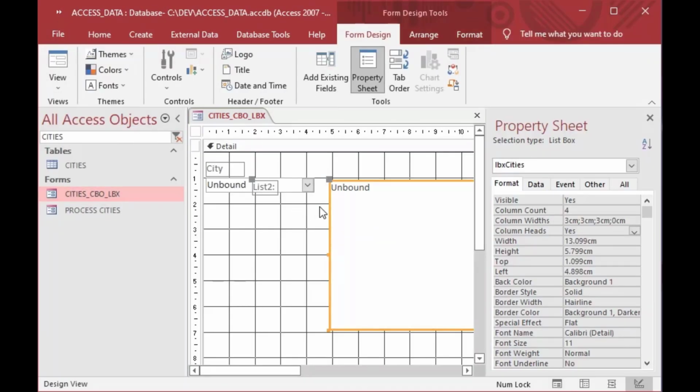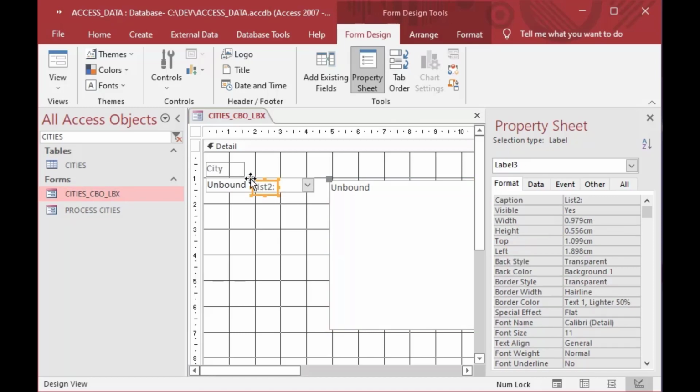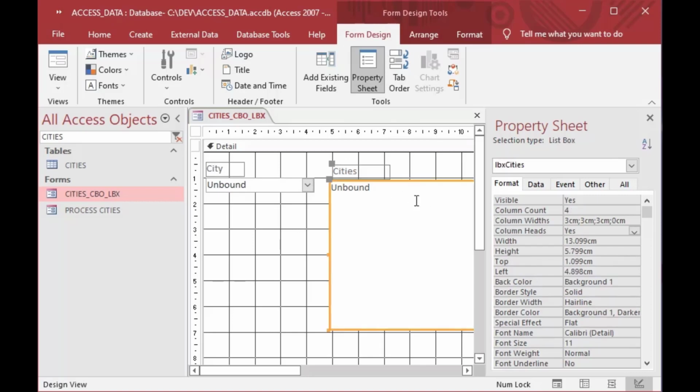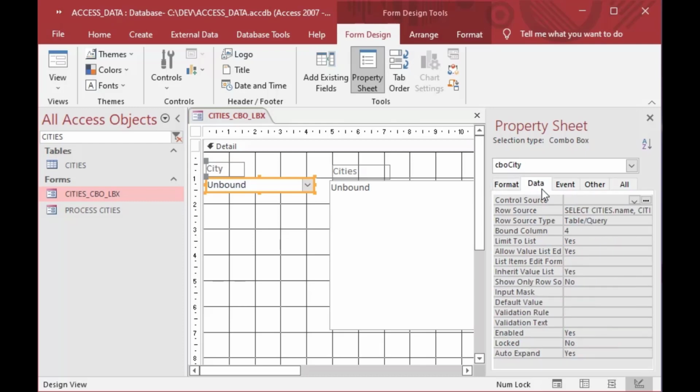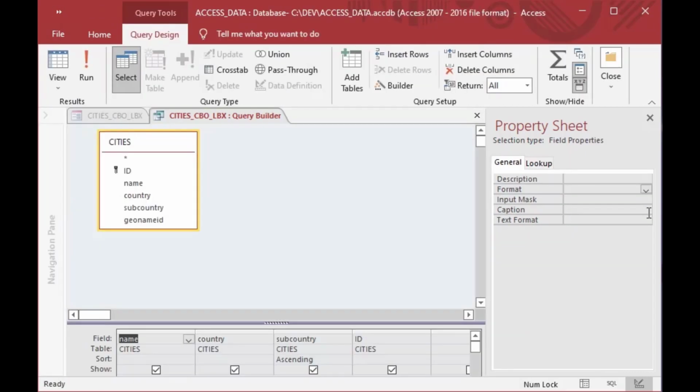And so that these are the same, I'll fix this little label here. I'll just move that out of the way. Here we go. We'll call this one cities as well. And now what we can do is we'll click on that list box, and actually our combo box I should say, we click on the combo box, and then we're going to fix that sorting, and we'll click on the data tab, and then we click on our row source, go to the ellipsis, and it gives us our